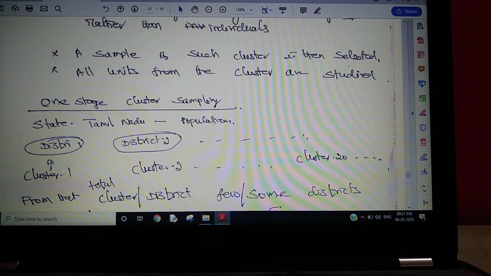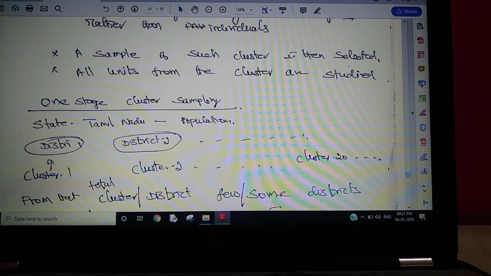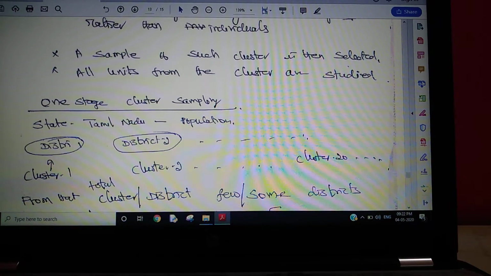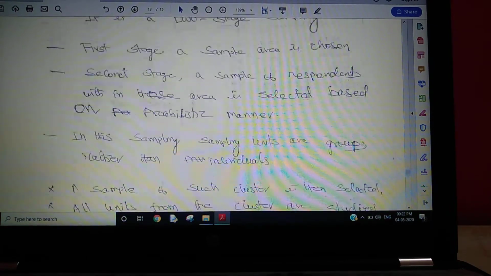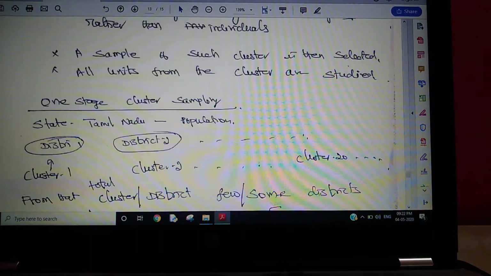Here we want to conduct a study across Tamil Nadu. Without cluster sampling, we may go to each and every district, and from each district we may collect some respondents. Maybe we can say that is stratified. But here, coming to cluster,